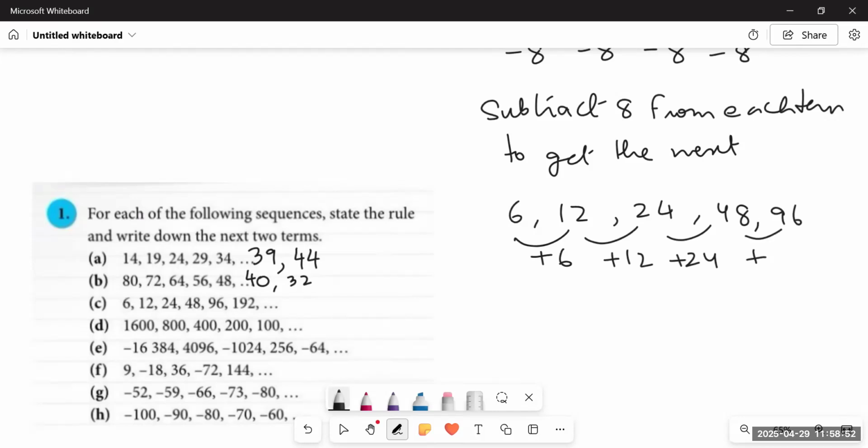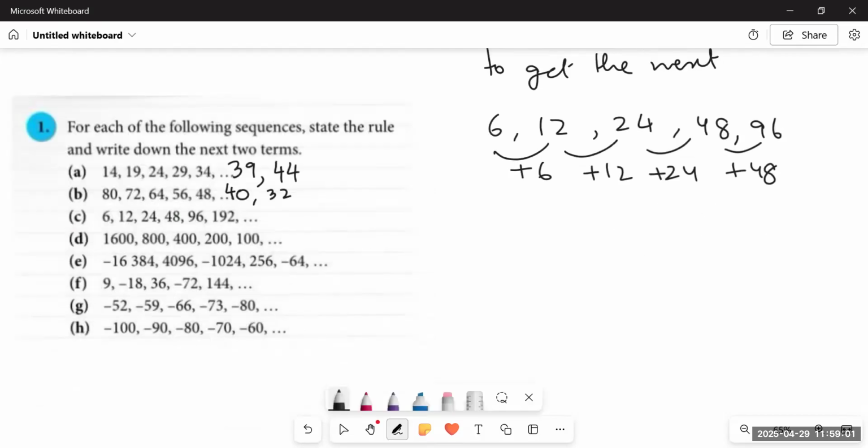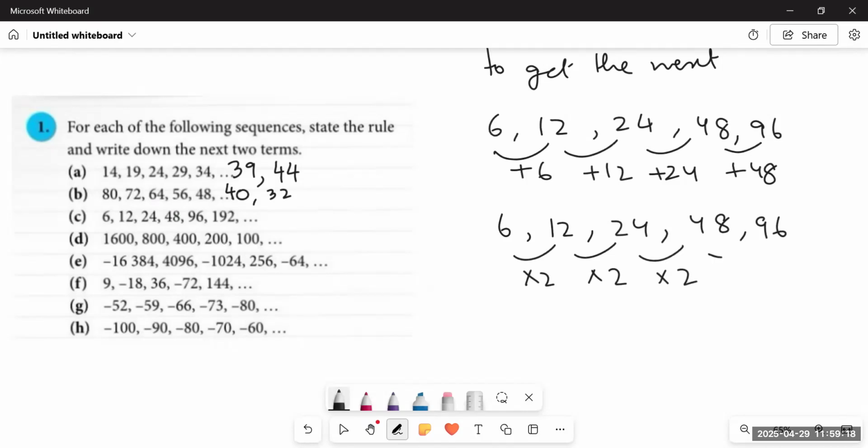It means the rule of addition couldn't be applied. And of course, we cannot apply the rule of subtraction. So what should I do now? We will move to the next two operations, that is multiplication and division. So we'll look, can I read the table of 6 to get to 12 and so on? So yes, 6 twos are 12, 12 twos are 24, 24 twos are 48, 48 twos are 96, 96 twos are 192 and so on.